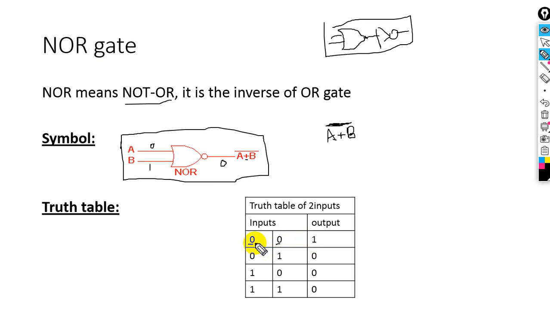In case of the OR gate, when we have inputs 0 0, the output will be 0, but in this the